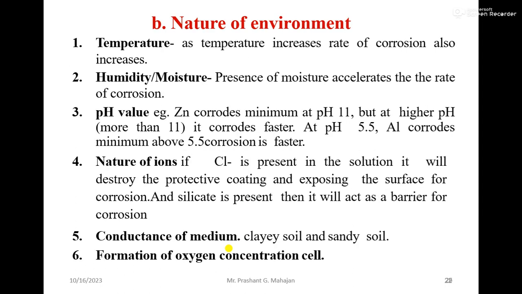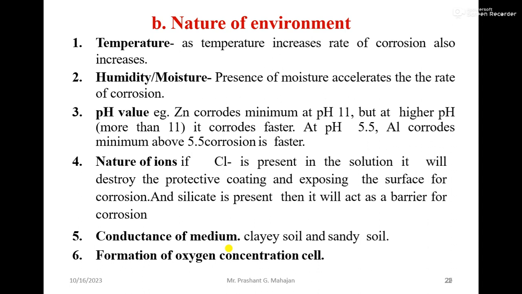And the second factor is nature of environment. That is, first is temperature. As temperature increases, the ions present in the electrolyte will get kinetic energy and move faster, and there will be fast corrosion. So as temperature increases, rate of corrosion also increases. Second,